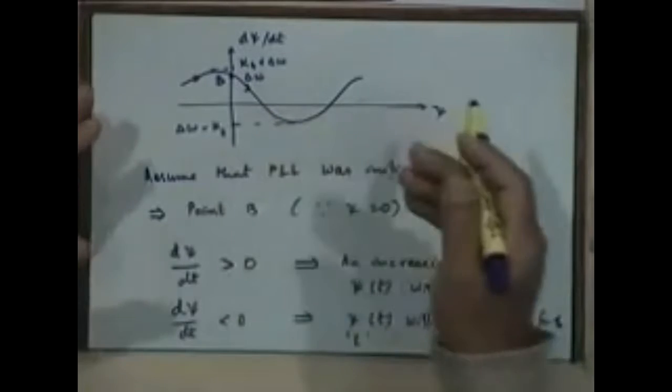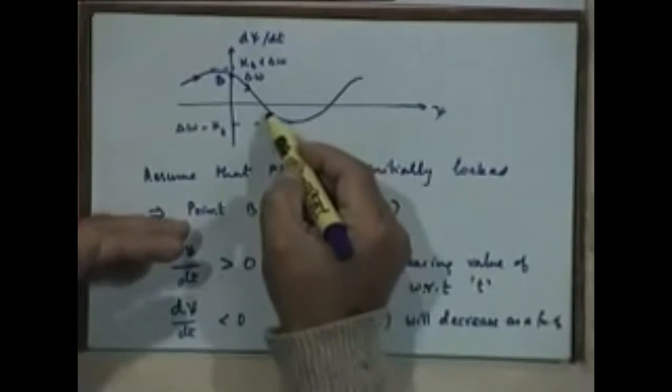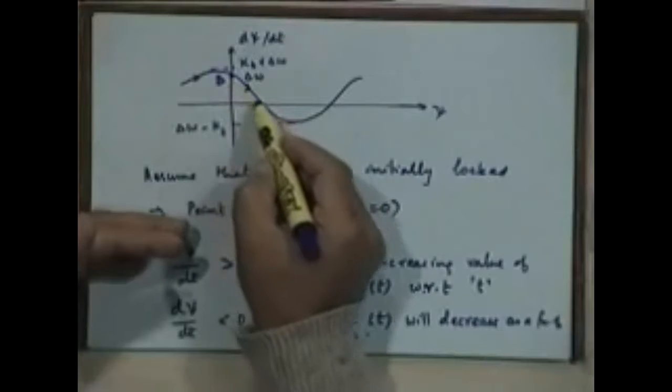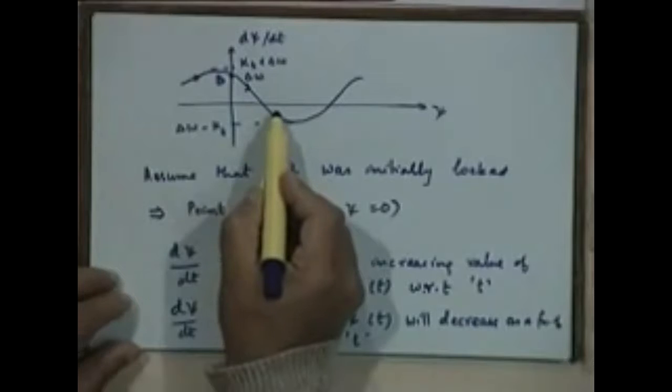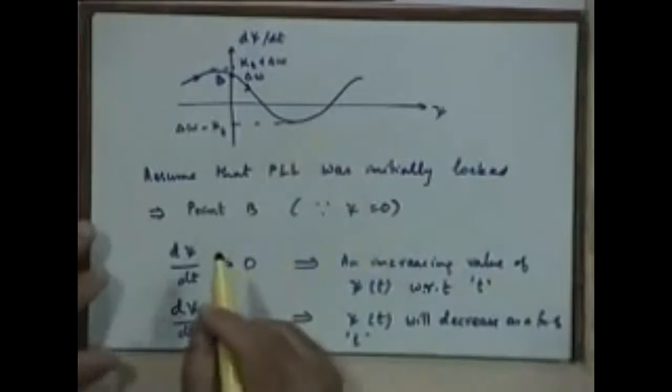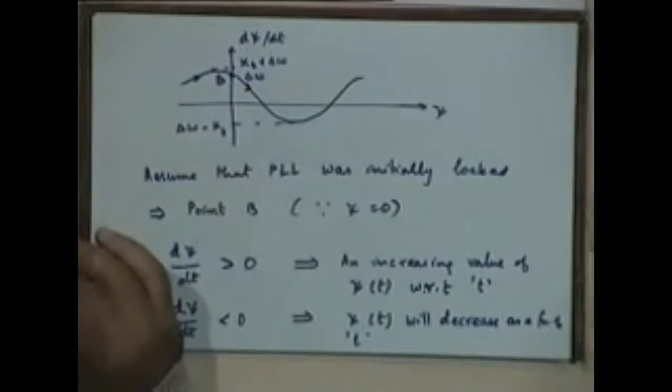Here it will move to the left hand side, because psi of t has to decrease when d psi by dt is negative. Psi of t has to increase when it is positive, right. So it increases in this direction, to the right side, and decreases to the left side, right. That is all we are saying. So we do not know, of course, at what rate it increases and what rate it decreases, but the fact that it increases means that it will move along this direction at a certain rate, right. Precise rate from this diagram we can't figure out, but eventually where it will go we will be able to figure out. Okay.